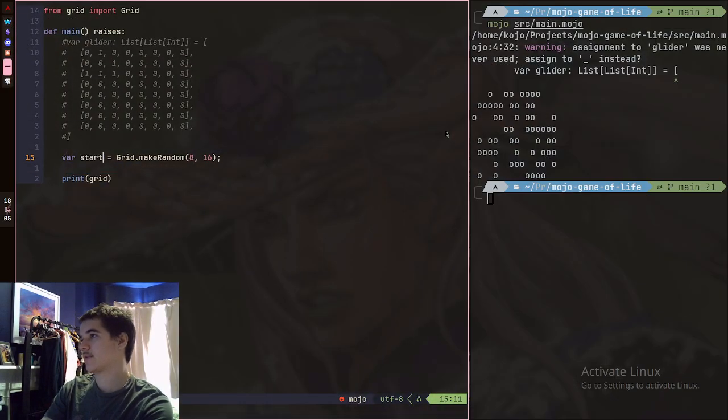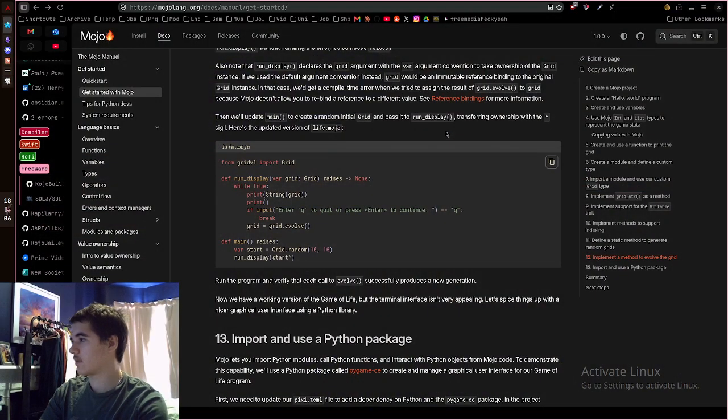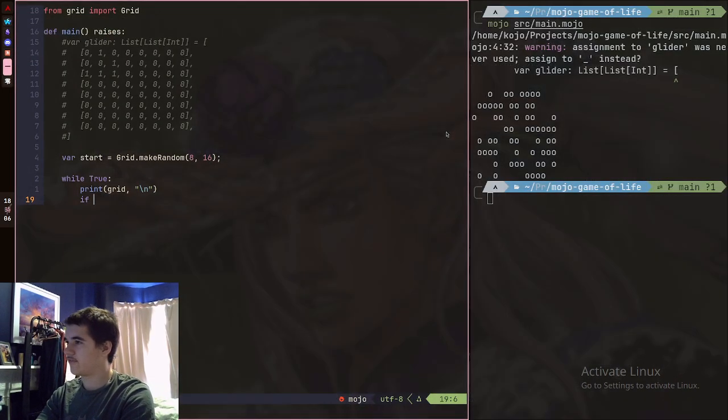Let's go to start. While true. Just, forever. Print the grid. And then add a new line. I don't know why it doesn't do this, but okay. The space should be inconsequential anyway. And then if input,